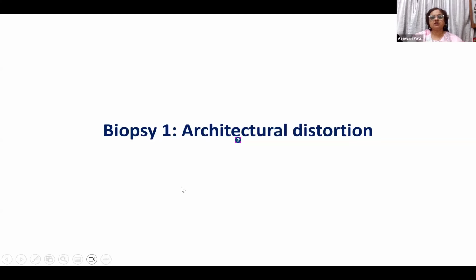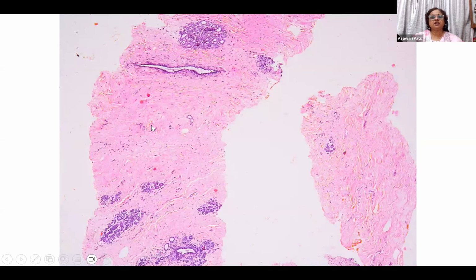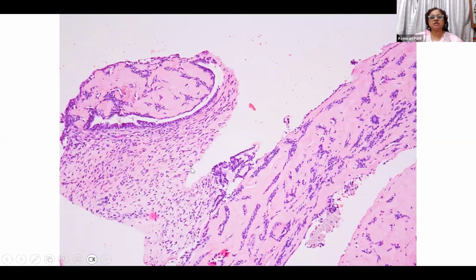So from the architectural distortion, if you see, this is the biopsy where you can see some sclerosing lesion. There is something at the top on the right-hand side. We are not sure what it is, but some kind of sclerosing lesion is there. Some benign breast tissue with some microcalcification. Here is the sclerosing lesion we see, and there is some spindle cell proliferation at the periphery. You can see there is this sclerosing lesion. We have some